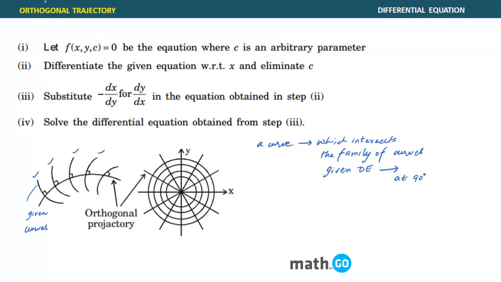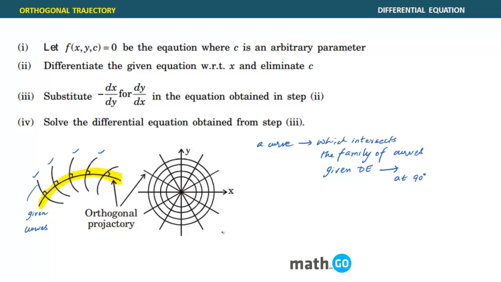As the name suggests, orthogonal. We have done orthogonal, and it means 90 degrees. So you need the equation of the curve which intersects all these various curves at 90 degrees. This particular trajectory that I have drawn is known as the orthogonal trajectory, because it is intersecting this family of curves at an angle of 90 degrees. Clear? So for example, if this is a family of lines which are concurrent lines,